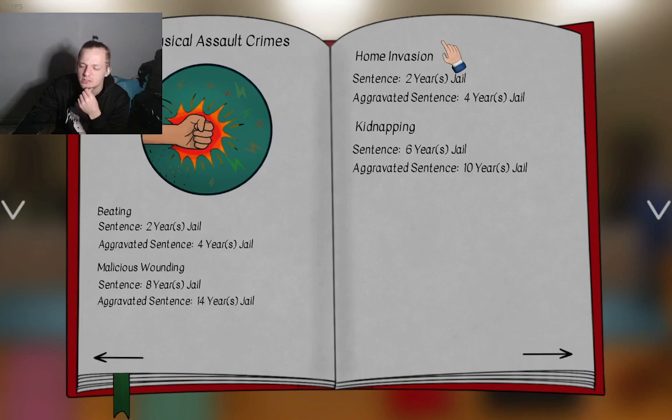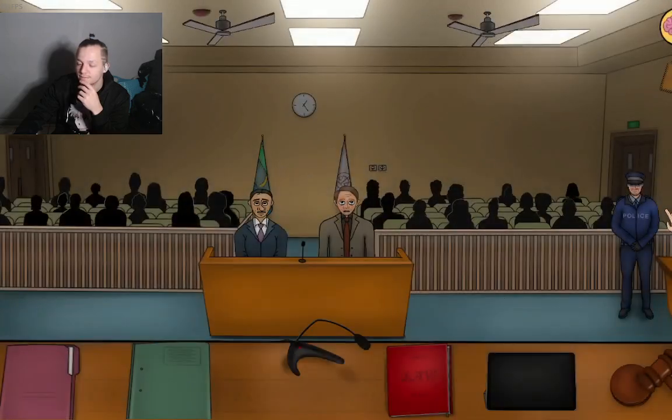Home invasion. Okay, so not only do you get 8 years of jail, you also get 2 for home invasion. So you're looking at 10 years. You're looking at 12 years for me, bro.